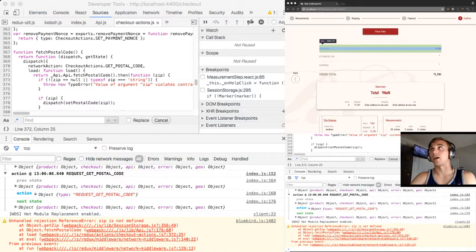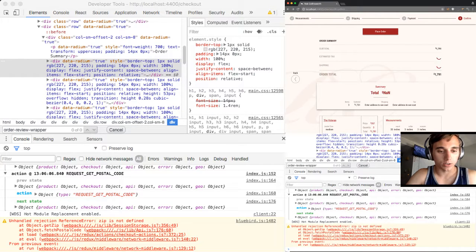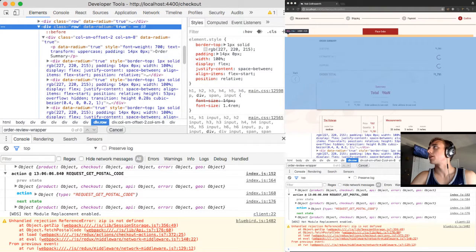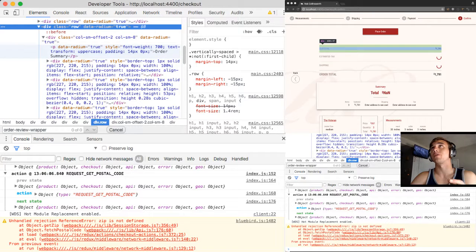Okay, let's start with style. So this is way too big. I need it to be a little bit smaller. Like, way smaller. The other downside about inline classes is that before I used to have these really nice class